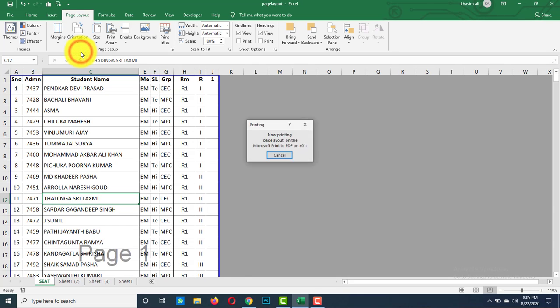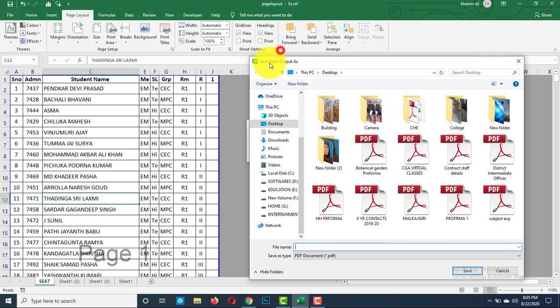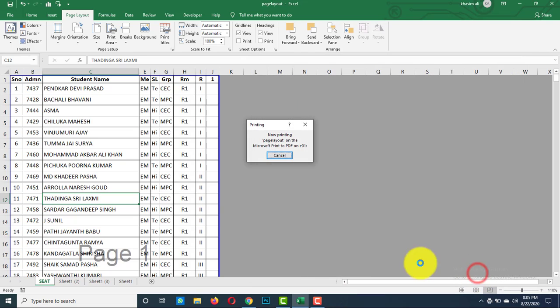Click on Print. Now select your destination. For example, I am going to select desktop and give your file name. For example, I am giving the file name as Excel to PDF and click on Save.